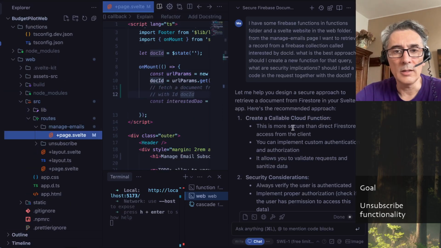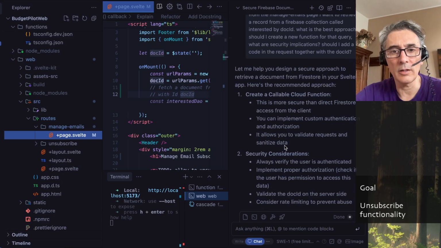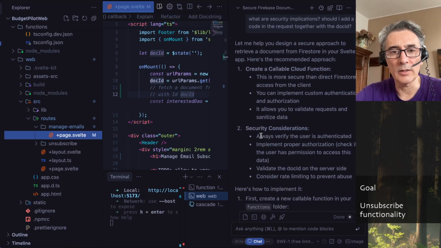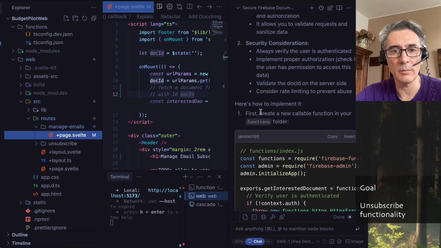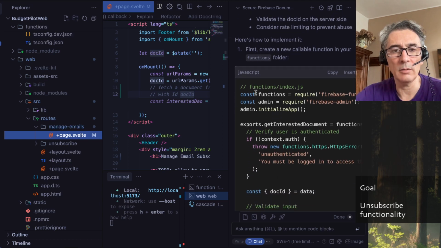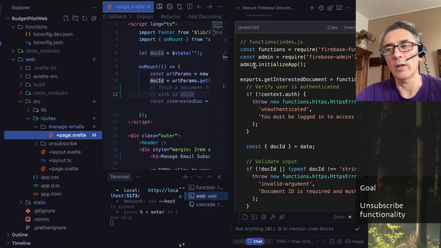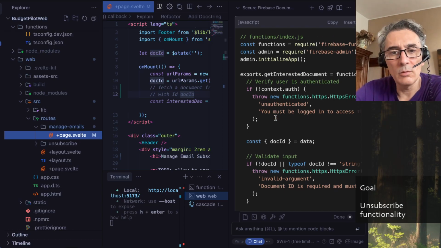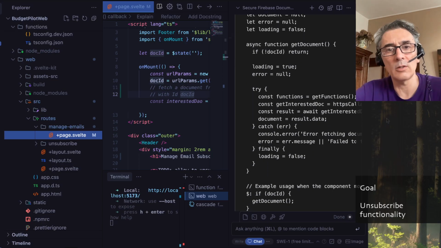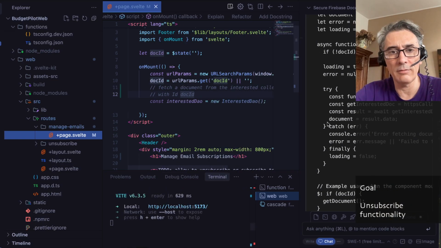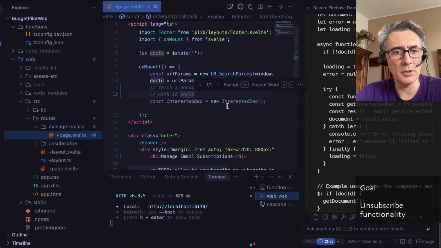Okay. This is more secure. You can implement a custom authentication authority. It allows to validate requests, sanitize data, verify the user authenticating on authorization, permission, validate doc ID in the server side, consider rate limiting to prevent abuse. Okay, okay. So if I have to, okay, this code then is not relevant. If I have to have some sort of validation, this is what